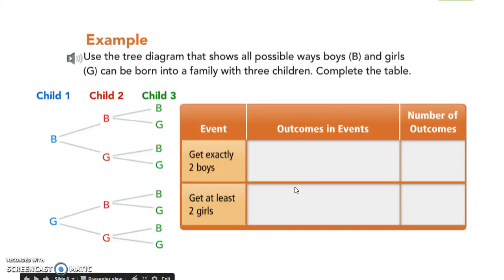All right, so which of the outcomes in this example, we looked at this example and drew this tree diagram yesterday. So we're just going to do this new part of the table. Do this with me in your notes. Which outcomes from that